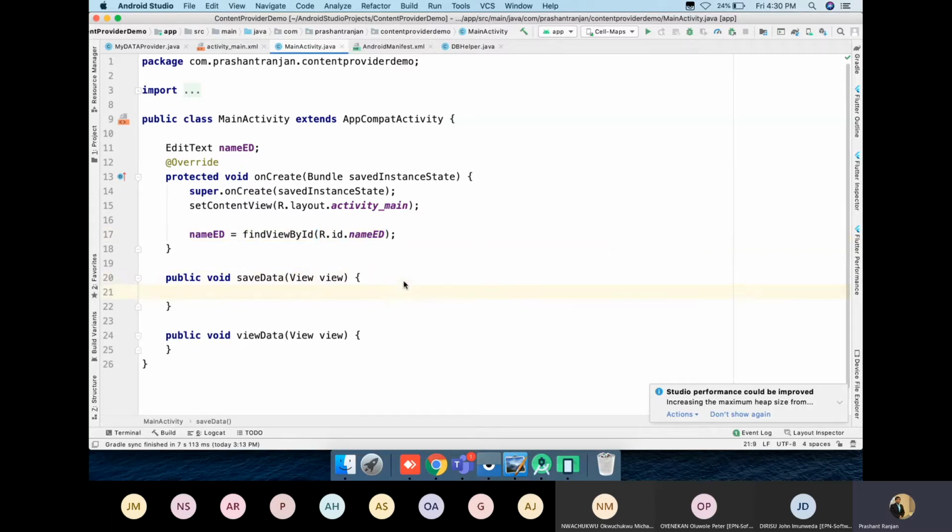How we can save the data, we are going to look at here. How we are going to save, or how we are going to retrieve.